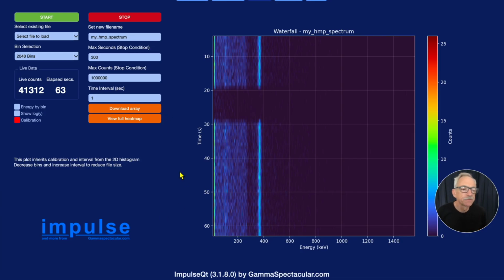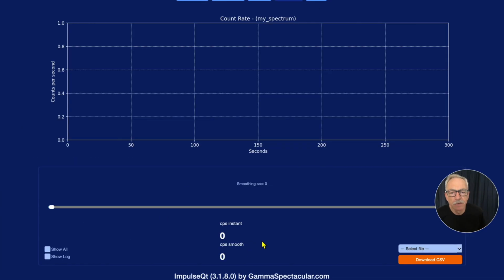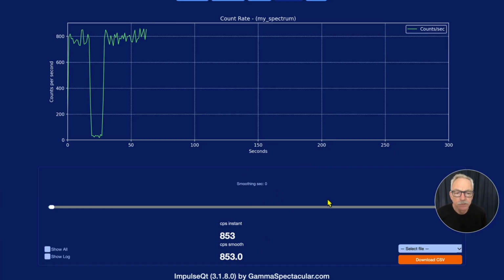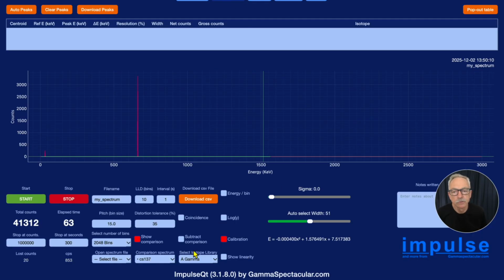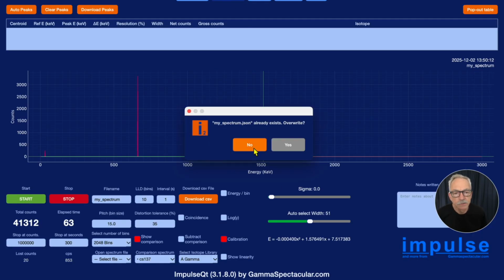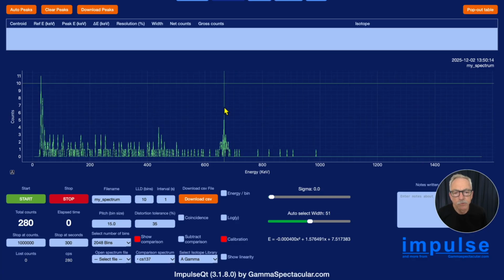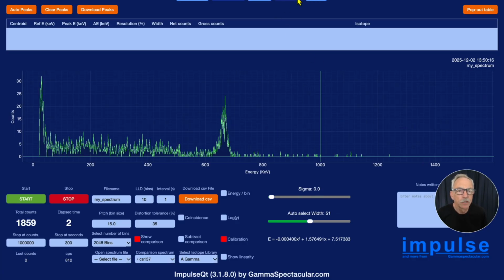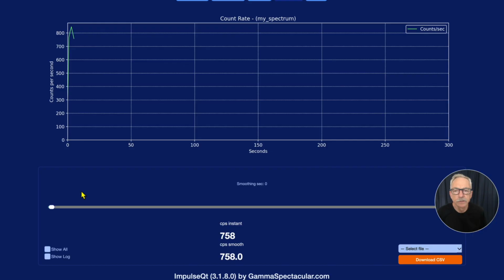Let's move on before this video gets too long, and on the next page we have the count rate. So this one's pretty straightforward. This works together with the 2D histogram and the waterfall histogram, and simply shows the count rate over time. There's not much to demonstrate here, because the start and stop buttons actually work from the other pages. So if we go, for instance, back to the 2D histogram, click start recording our spectrum here, and we then go to the count rate, we will then see that this is now counting